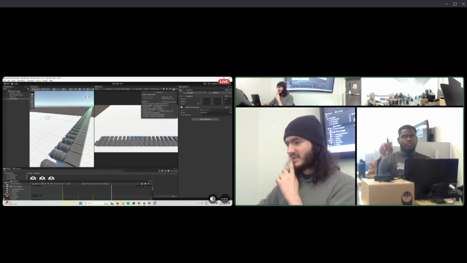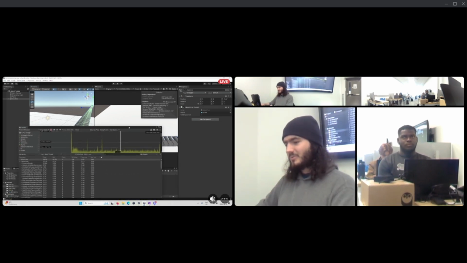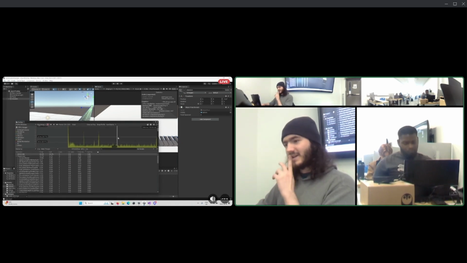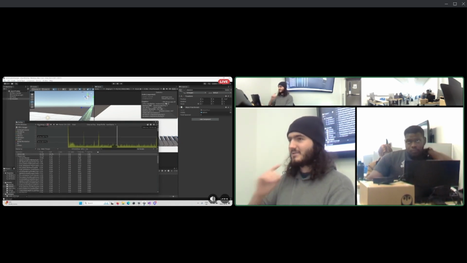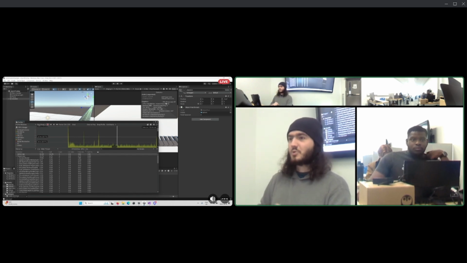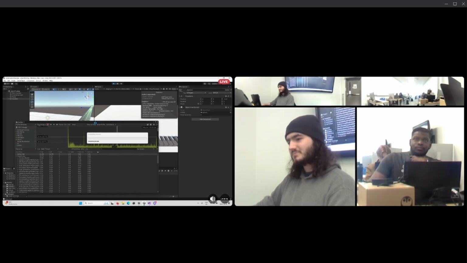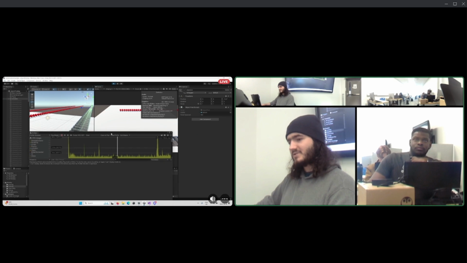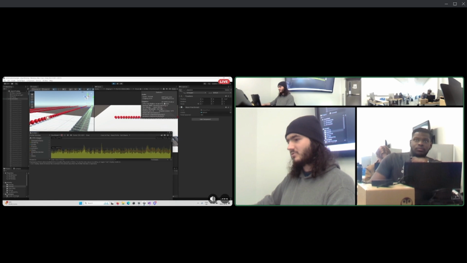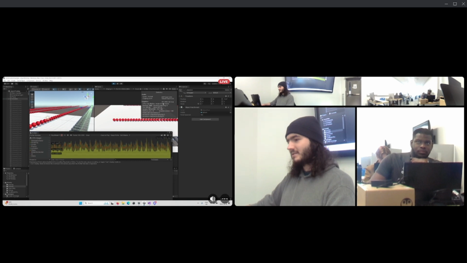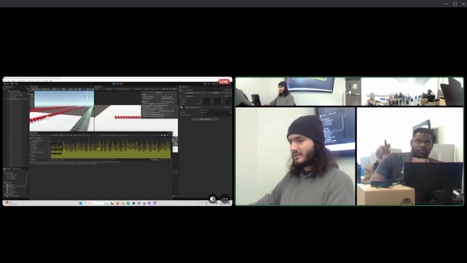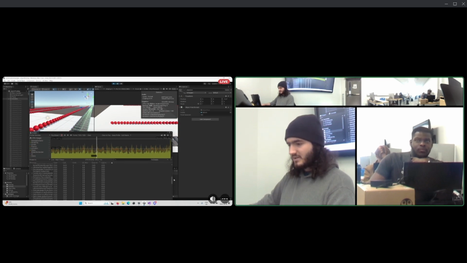This one I'm actually going to turn on the stats, because when the garbage collection spikes, you can actually see a frame rate drop. I think last time I was checking it, I got a 20 FPS drop every time garbage collection triggers. Yeah, so they're just shooting. And you'll notice these random drops. There you go, 50, 50. Yeah, it's not as extreme as I remember, but it does drop quite a bit sometimes. And if you check, you can see